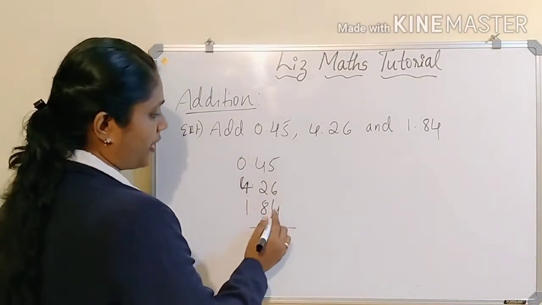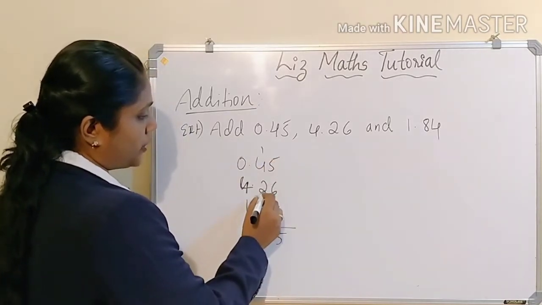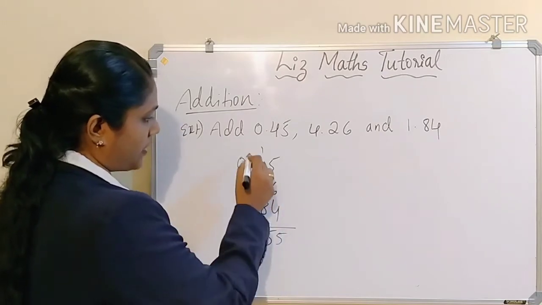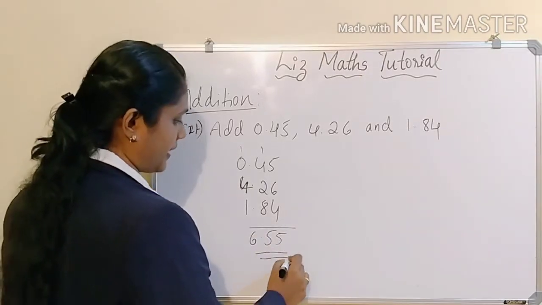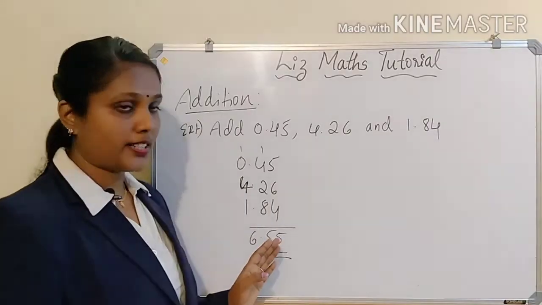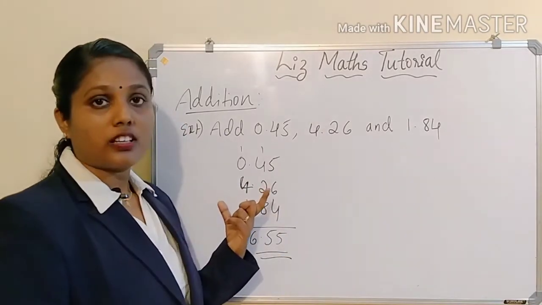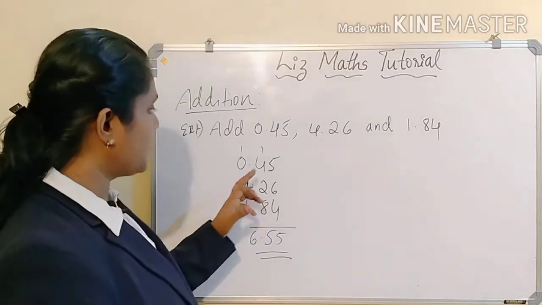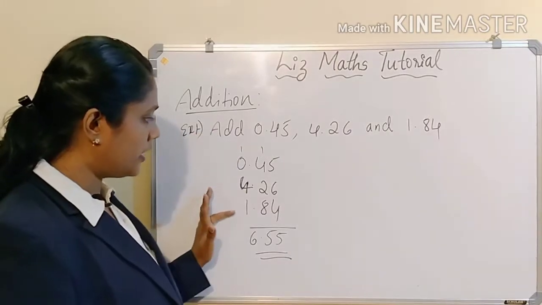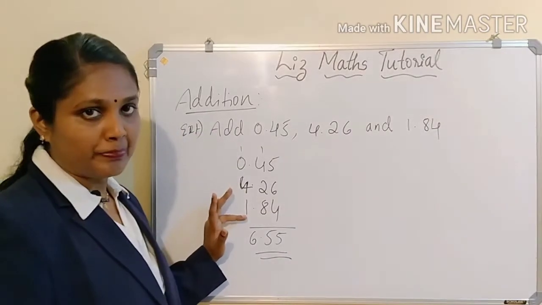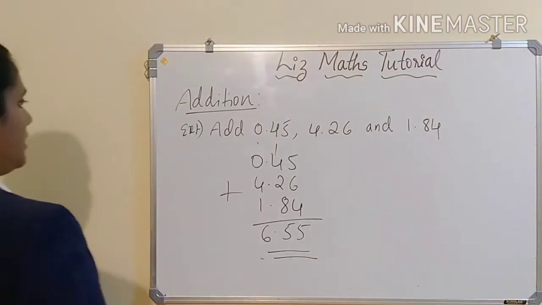So here go for adding: 6 4 10, and there is 5 15, 1 4 2 10, and here 15, 1 is remaining, then 4 1 5, and 6, 6.55. Got it? So here it is very easy to add the numbers when you have like decimals. Hope you understood. Nothing is there. First you have to write all these numbers in order. The decimal point should be in the same line. You cannot disorder this. Now let me take one more example to make it clear.